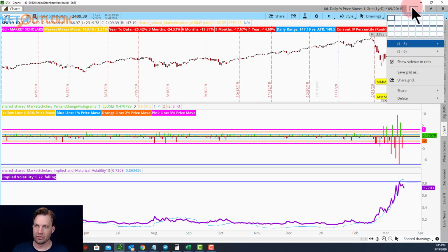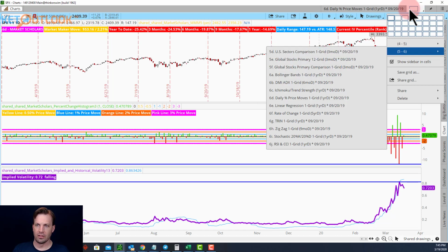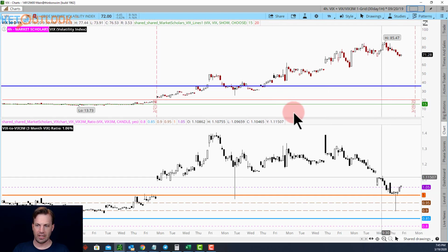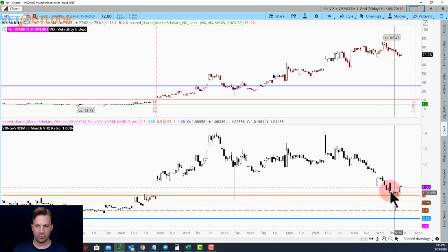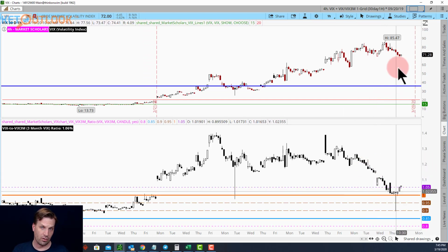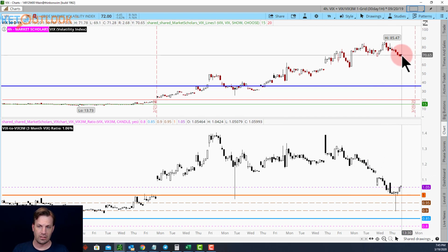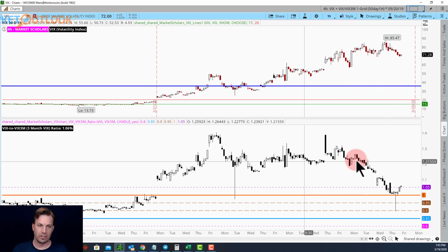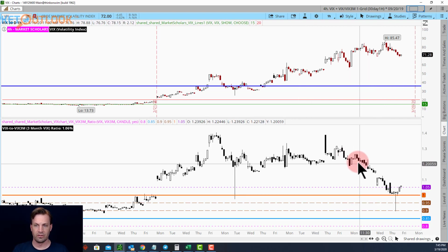All right, but go back to the volatility index here, the VIX. Here we go. We showed the VIX was really coming down, but look at the VIX to VXV ratio. It's back down. It's testing the 1 level. It's back down to 105%. So in other words, we've really settled down. It's still high. It's still in the 70s, but now it's not so much higher on the 30-day basis than it was in the 90,